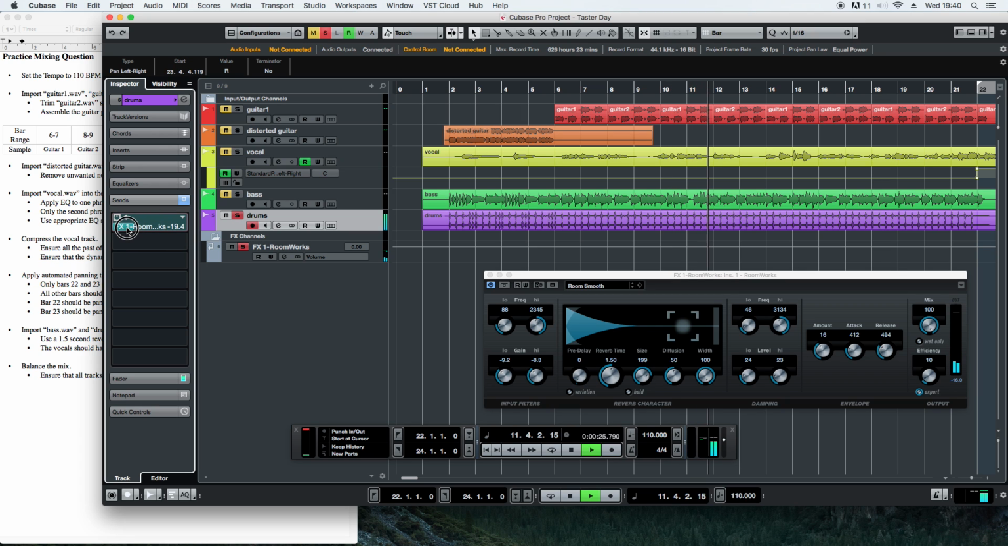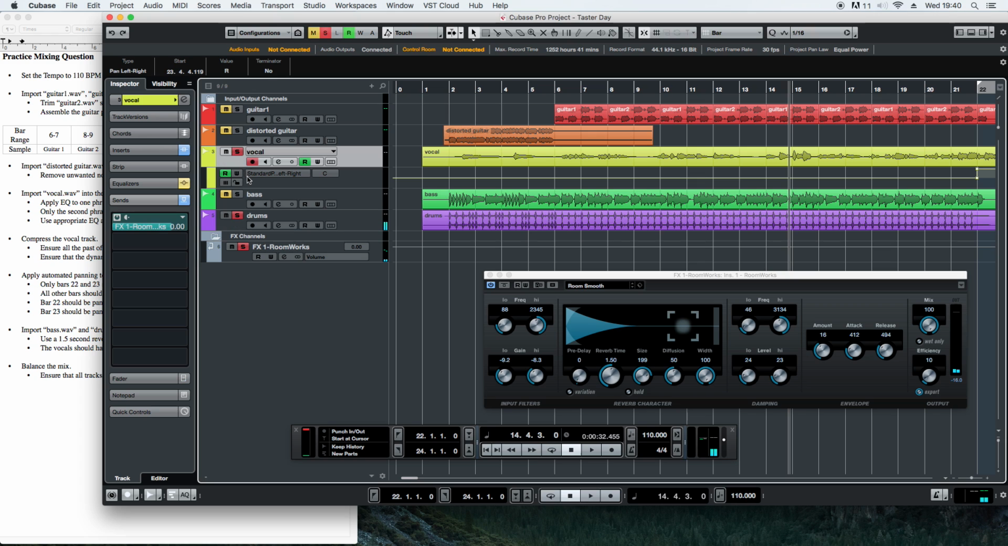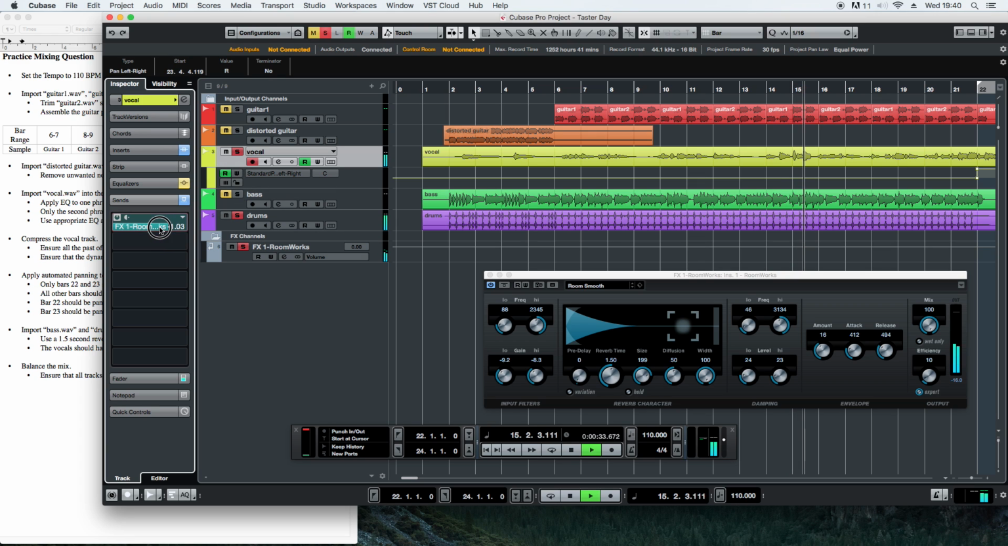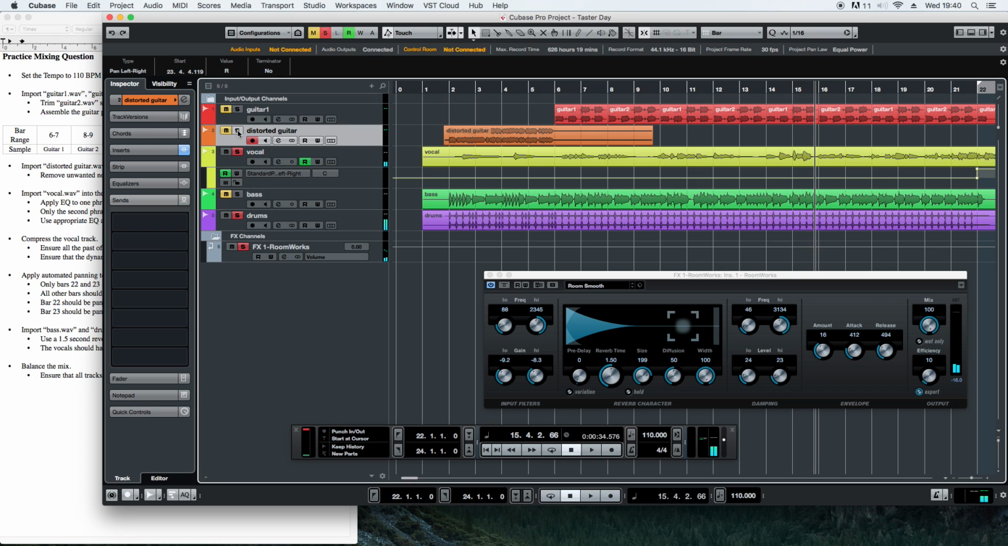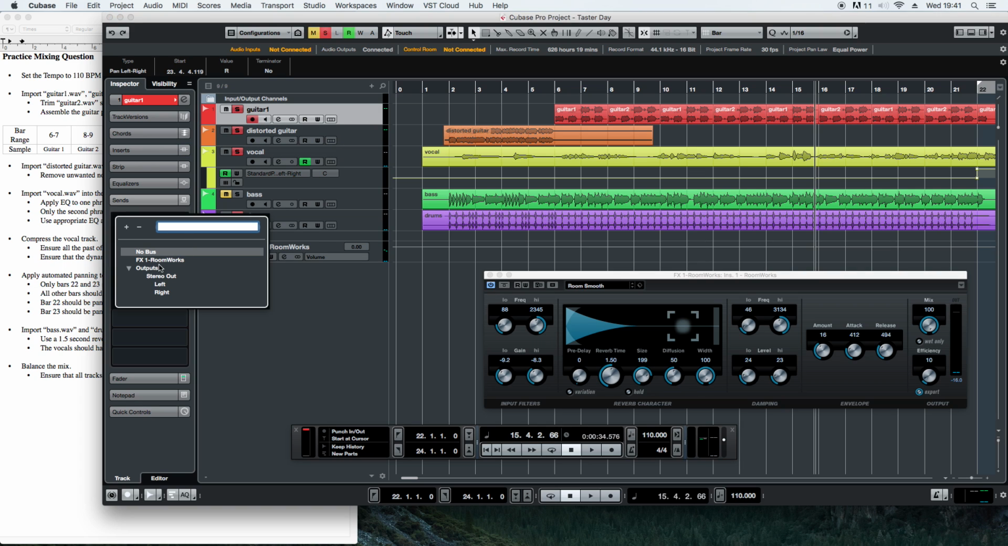So I can make them quite dry, or I could add more reverb until I'm happy. The vocals have got some nice reverb on them. And the guitars, again, they can be sent through to the same reverb, so everything sounds like it's been recorded